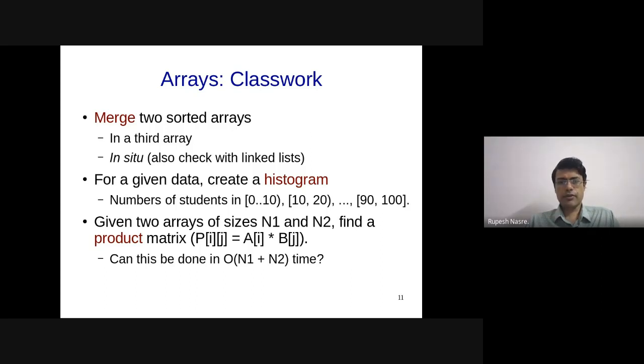The P array definitely we require to be a two dimensional array. Ashwin has given the code: matrix copy in, copy B in, get element Ai into Bj. Okay.